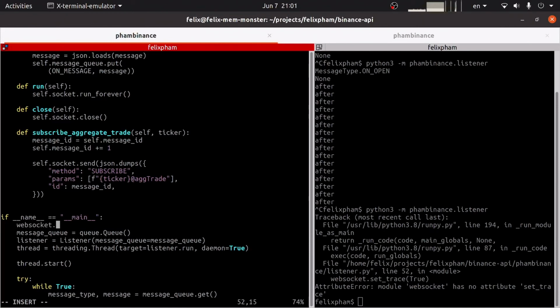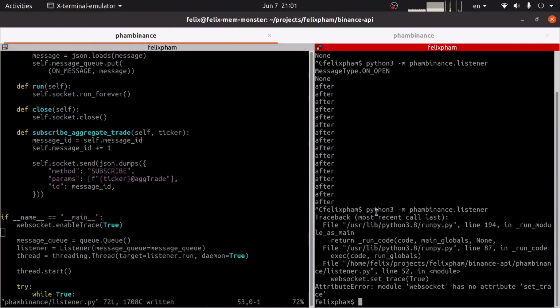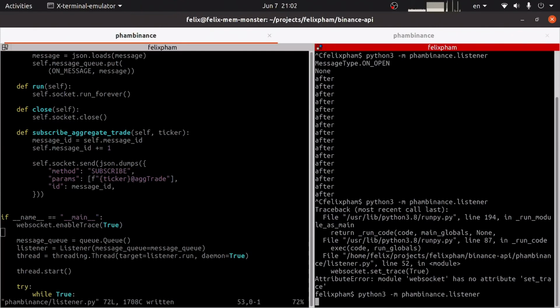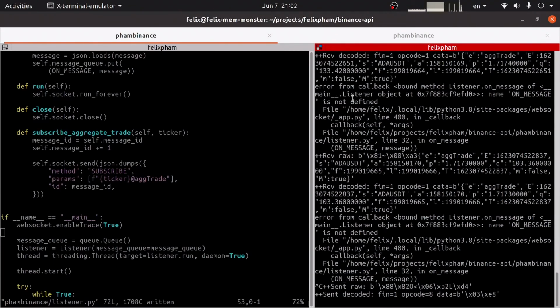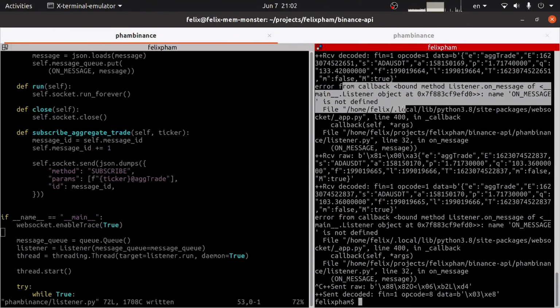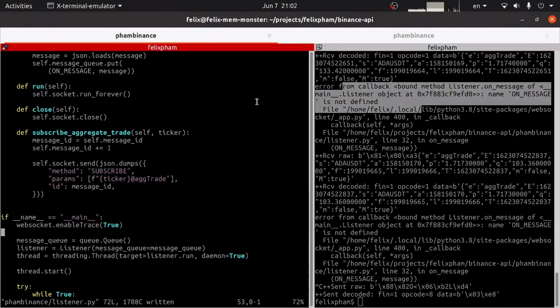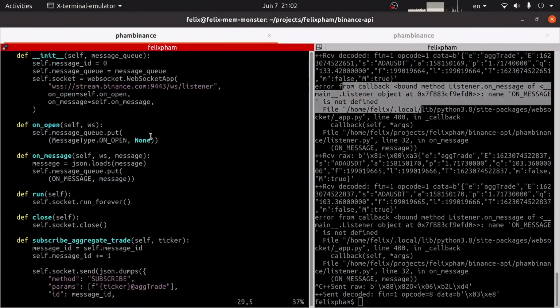Enable trace true, which will not look pretty, but it would basically tell us if there's a problem on our side. Yeah. And we already see when we have trace active, we made the same mistake as we did before. We forgot that this one, of course, needs to be properly